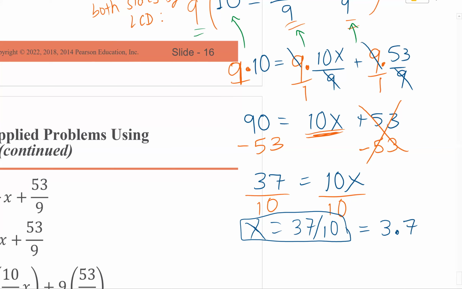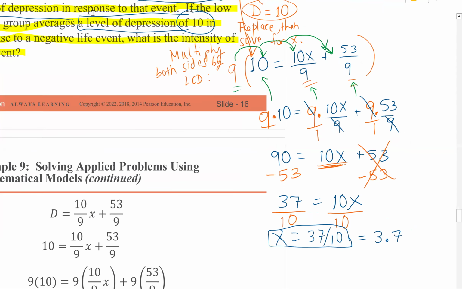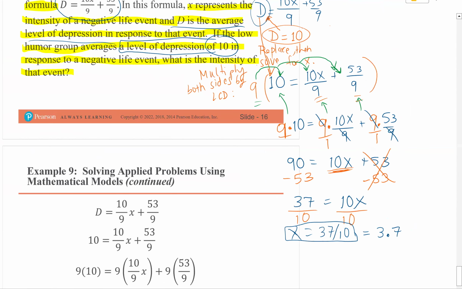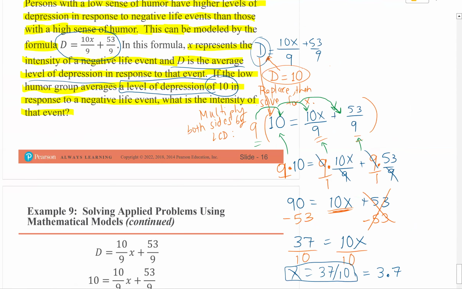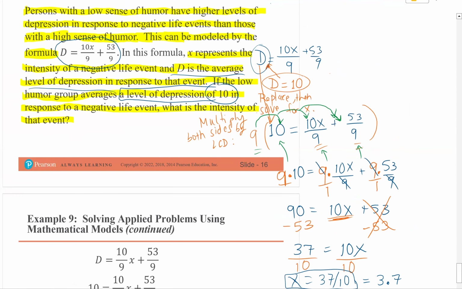And this problem is kind of silly, because what is the intensity of the event? 3.7 is the intensity of this event. What does that even mean? On a scale of what to what? What do we say? Persons with a low sense of humor have higher levels of depression in response to negative life events than those with a high sense of humor. This can be modeled by the formula. Okay, but x is the intensity